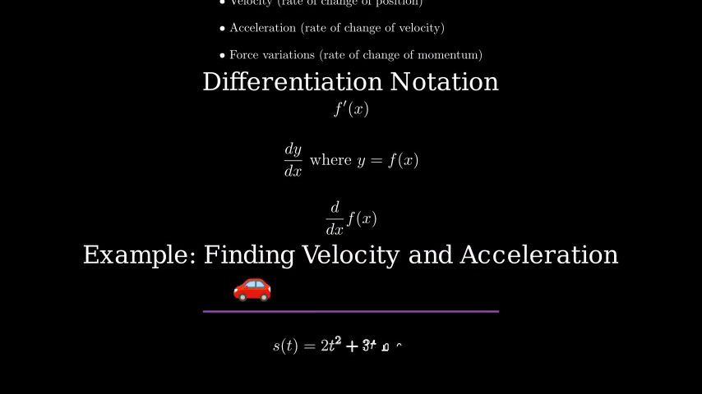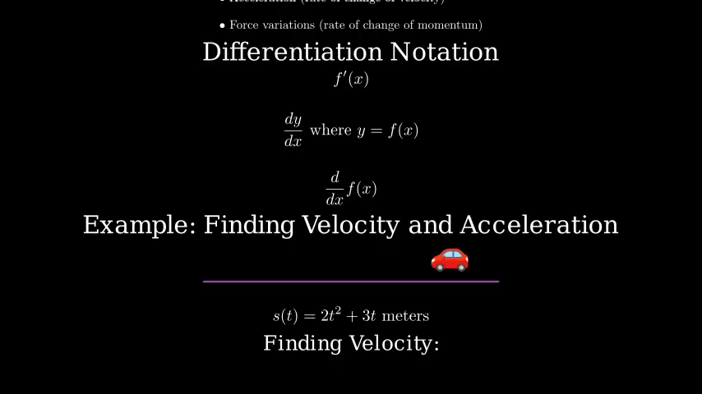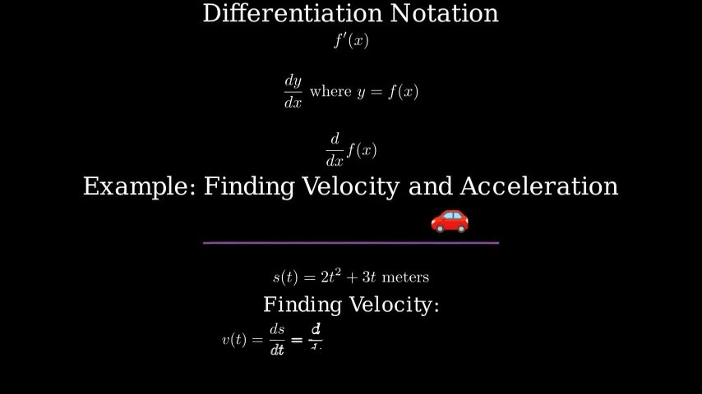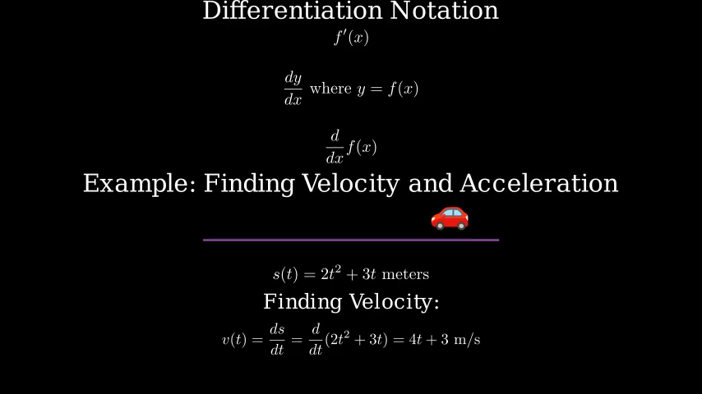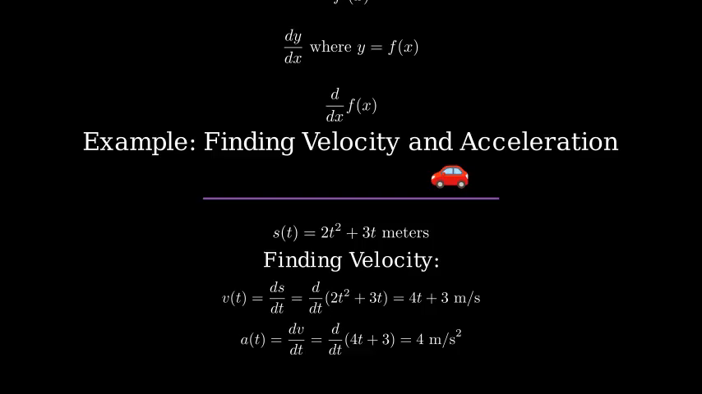Suppose an object's position is given by the function s of t equals 2t squared plus 3t, where s is in meters and t is in seconds. To find the velocity, we differentiate the position function with respect to time. The velocity v of t equals ds over dt equals 4t plus 3 meters per second. And if we want acceleration, we differentiate the velocity function to get a of t equals dv over dt equals 4